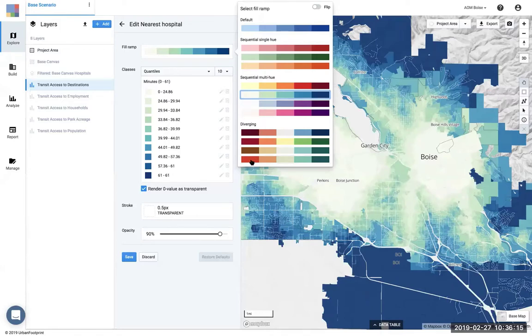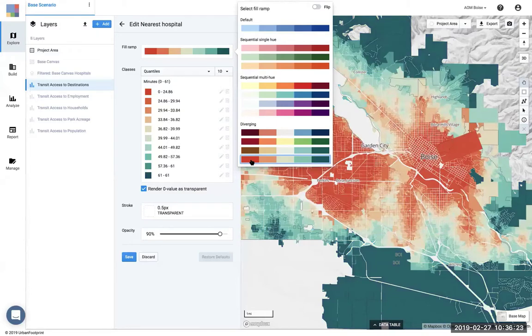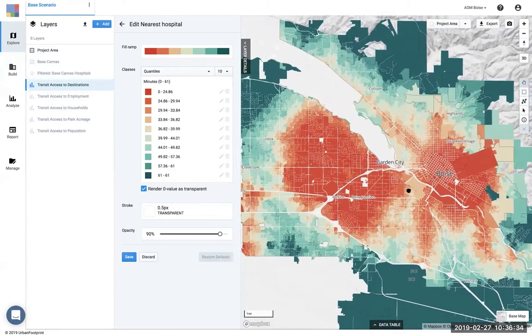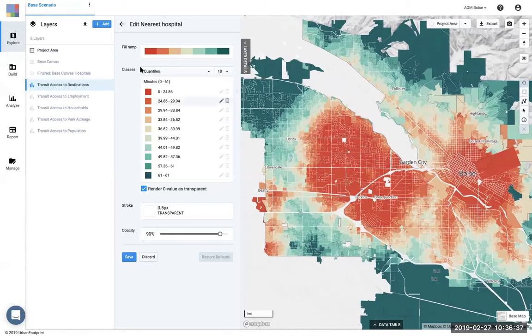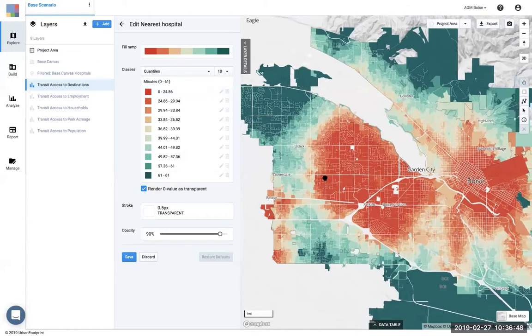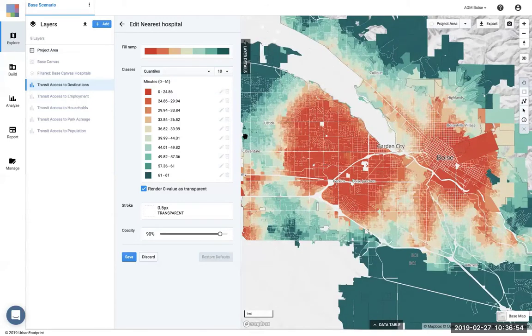So kind of in this imaginary scenario, I think this is where using a diverging ramp could make more sense, because we've set 40 minutes as our minimum threshold of access that we want to provide as a city to our residents. So now I've chosen the orange to teal ramp that we were looking at earlier with color accessibility considerations. And what you can really start to see is that the two ends of our data distribution get more intensely highlighted. So areas with really good access get one color, and areas with really poor access get another color. And the kind of lighter middle tones create this sort of threshold at the midpoint of our data distribution that